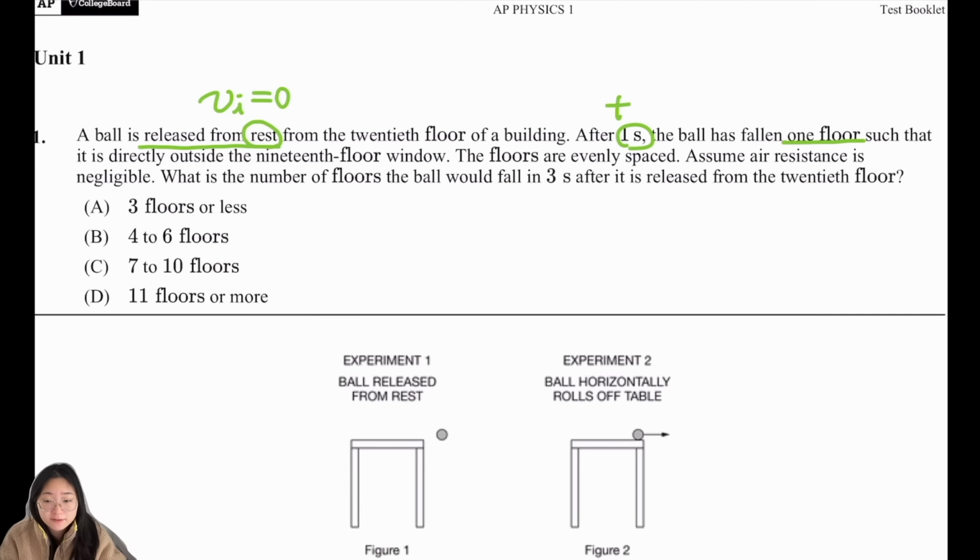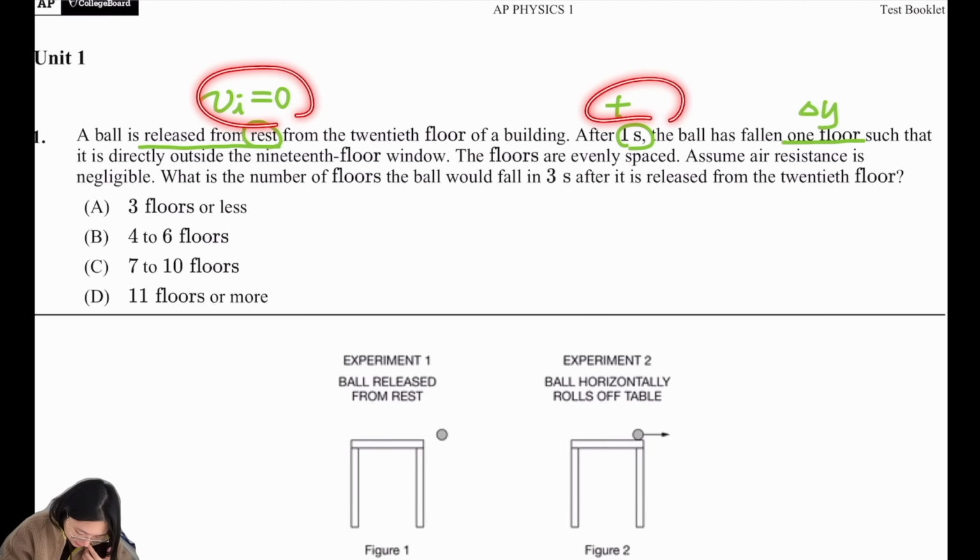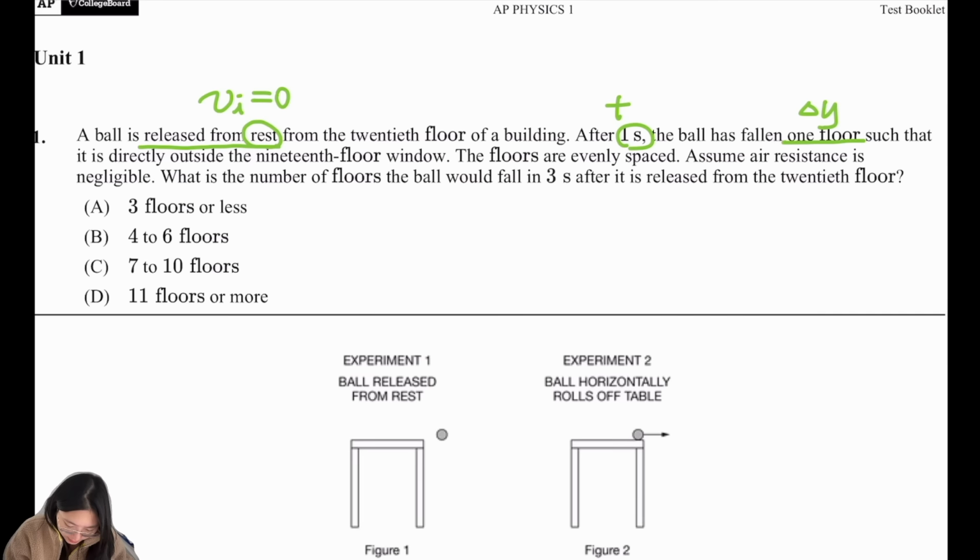each of the floors is evenly spaced, 1 floor actually represents the displacement, the amount of distance that it has traveled, or the change in the position. So I'm going to use delta y to represent it. Then in the given, combining all of these 3 sentences. Okay, and one more hidden piece of information here is this is a free fall, because it says the ball is just released. So as for the free fall,